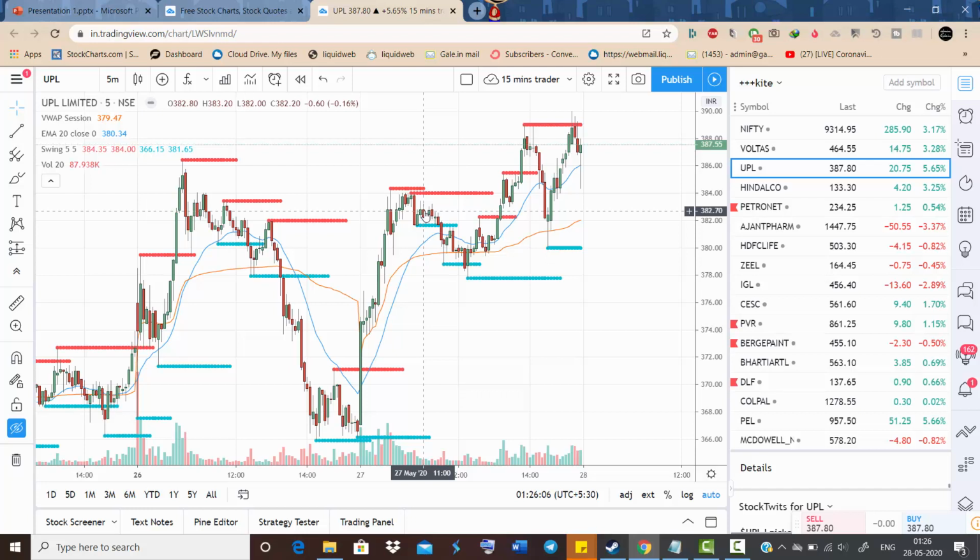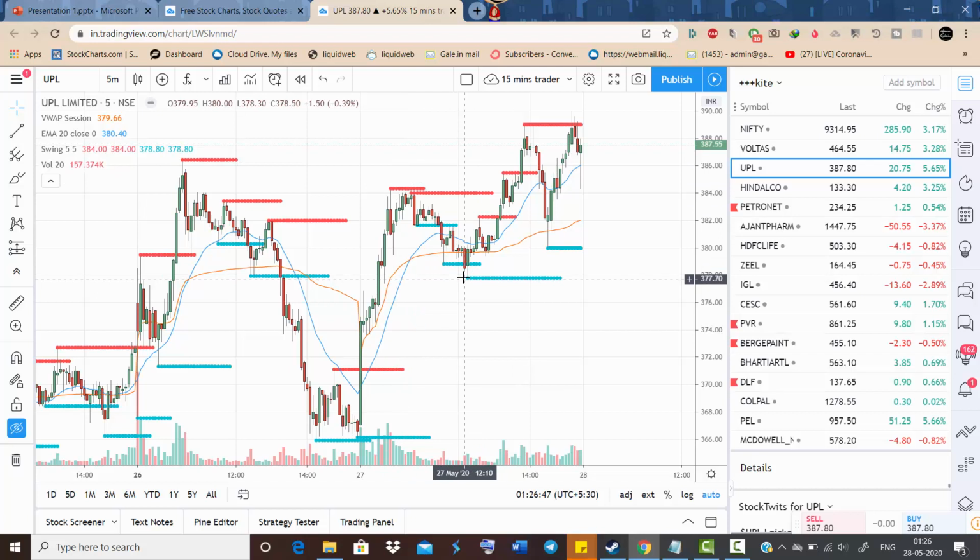So the next one is high volume ABCD pattern combined with VWAP. So what is it? High volume ABCD is where the stock either gaps up or moves with high volume. You can see compared to the day yesterday, the stock is moving with good high volume. It moves from point A to point B, then it consolidates from point B to point C. You can see this A to B, B to C.